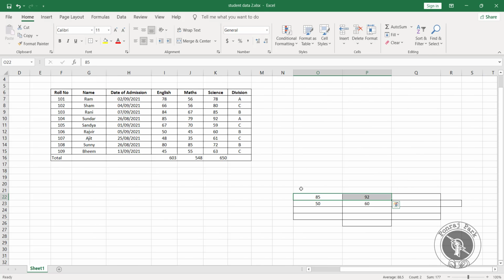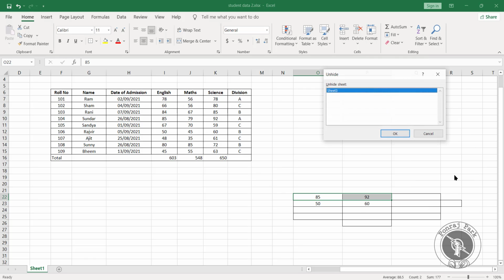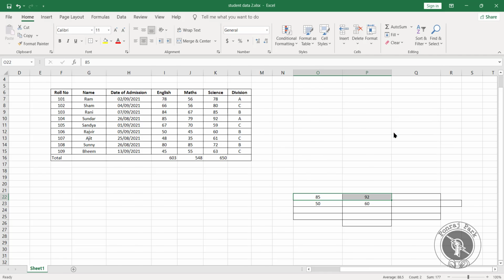So here suppose this is another sheet and I want to hide this sheet as well, so you can click here and make that sheet hidden. So whatever sheet I had, now it got hidden, and if I want that back, you can come here and click unhide sheet. Then it will give you a pop-up asking which sheet. So suppose you have hidden multiple sheets, you can choose whichever sheet you want to unhide. So I got my sheet again.